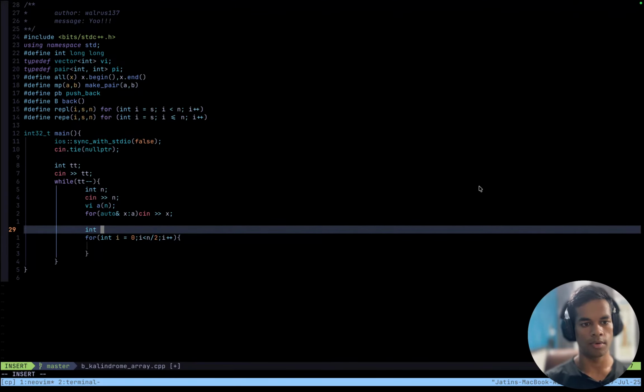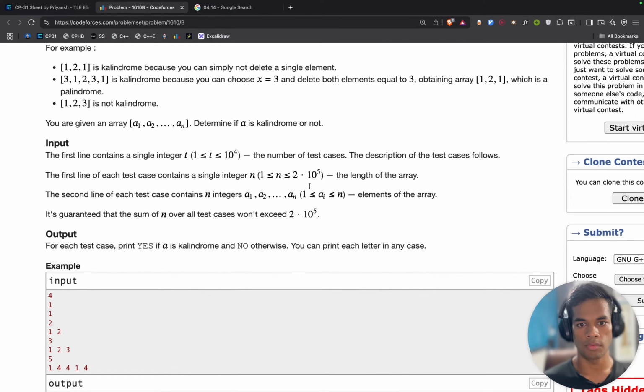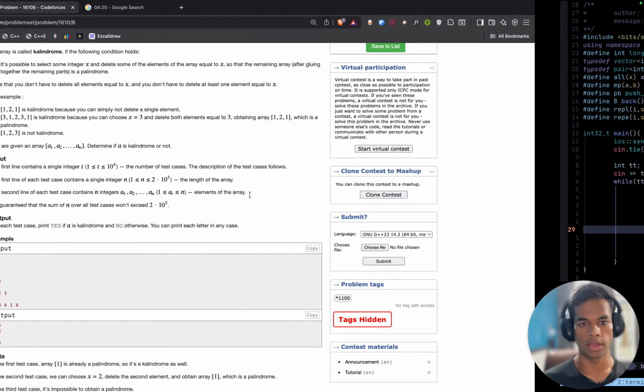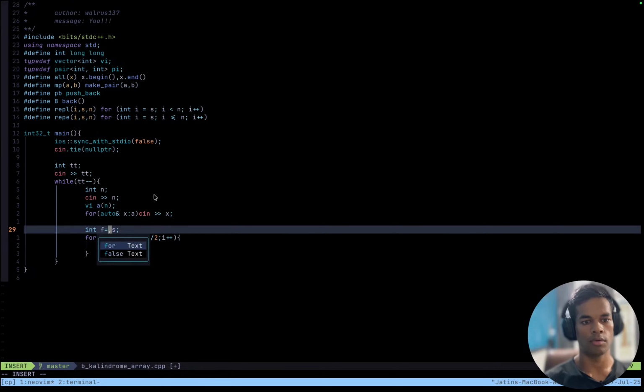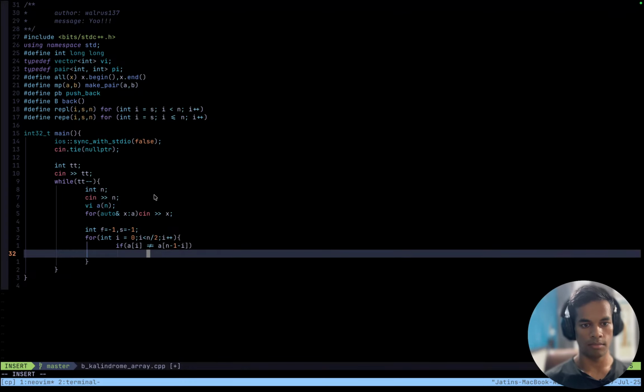Okay, and f comma s, and let's make this all the elements are positive. All the numbers are positive, and they are between 1 and n. So f equals -1, s equals -1, and if a[i], the first element, is not equal to a[n minus 1 minus i], then